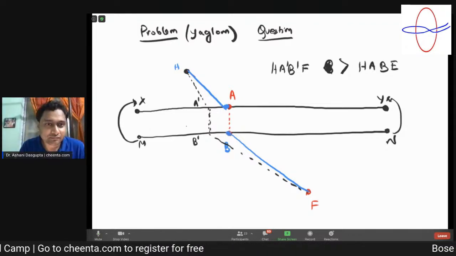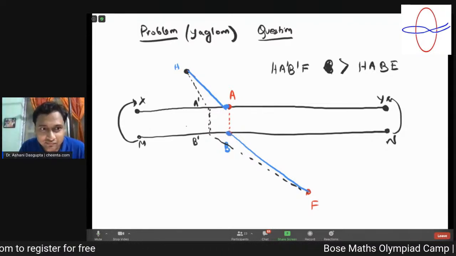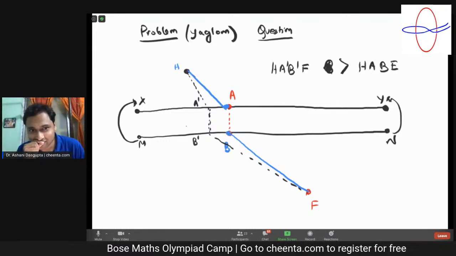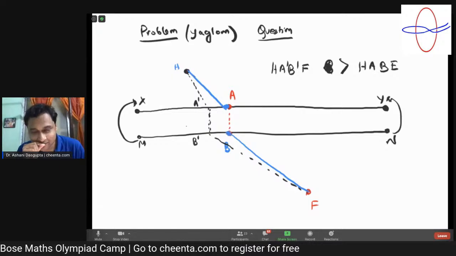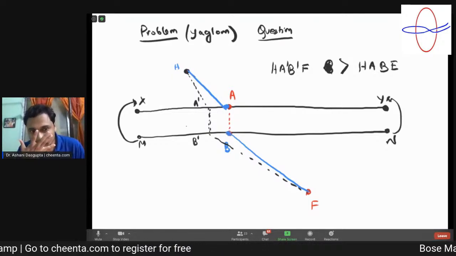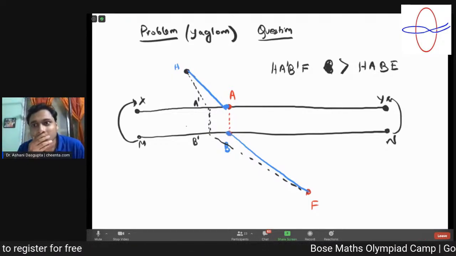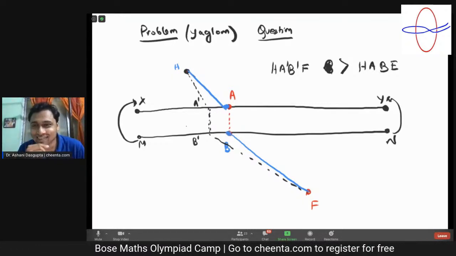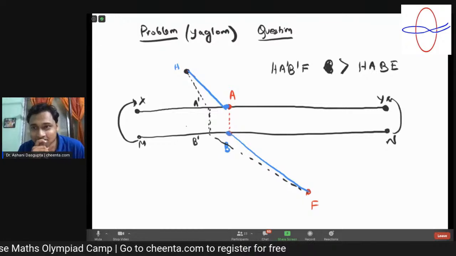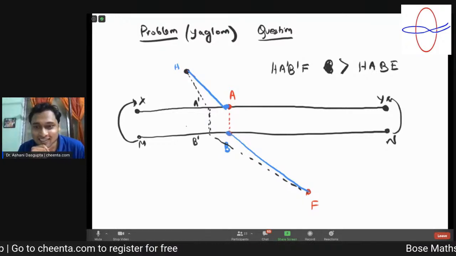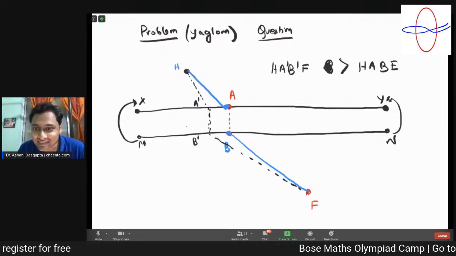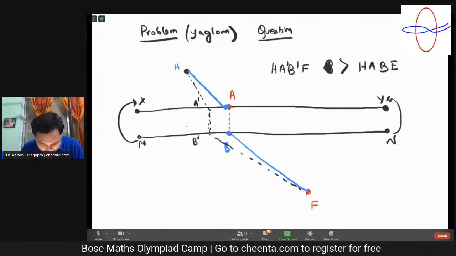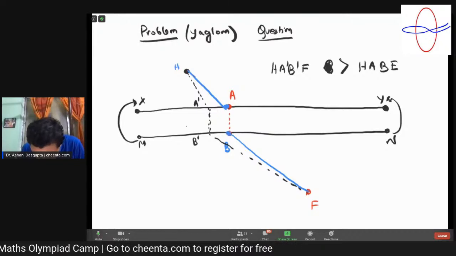So this is Arav. So you again put MN back to XY, and you bring F up perpendicularly by the distance of the two river banks, and then you will get a slanted line while this is a straight line. So this is a triangle's property that the sum of the two smaller sides is more than the longest side. Excellent. Very nice. Very good, Arav. Exactly, that's what we should do.